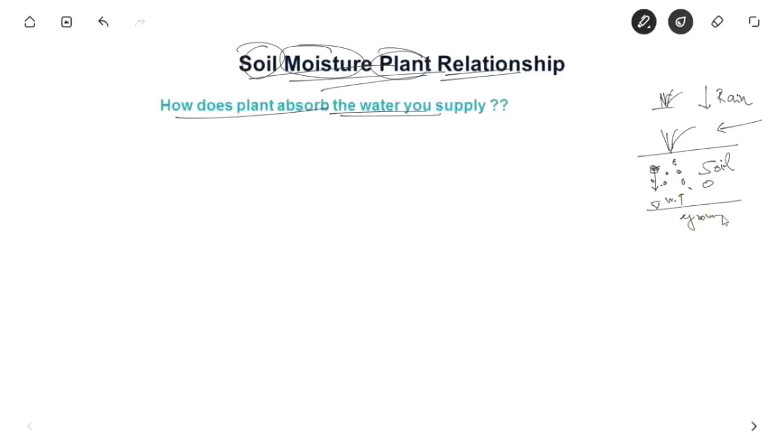So let us say this is the groundwater. You already know what groundwater is. Ultimately some of the water reaches the groundwater, and some of the water is absorbed by the plant. So there are some important terms which are interesting and you have to know. This is the plant, and there is the root zone where the roots develop.